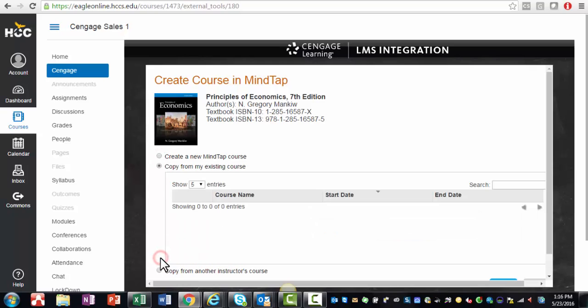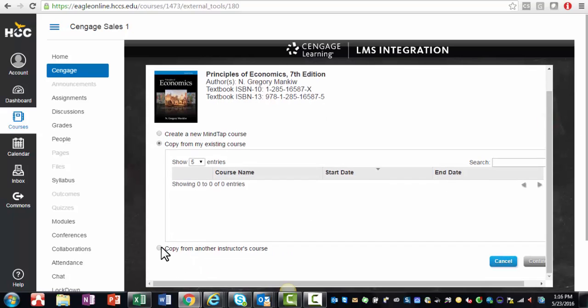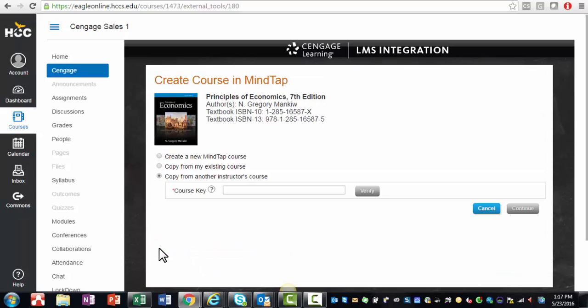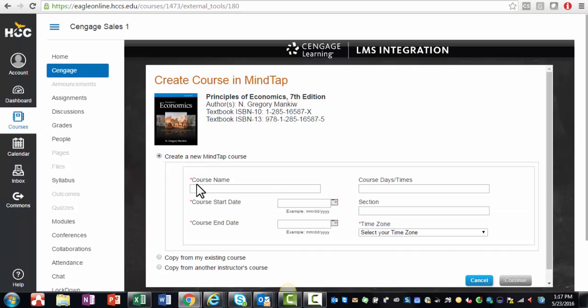If you've used MindTap or Aplia in the past and you want to copy that same course, you would copy from one of your existing courses. If you have a colleague who set up a course and has already made modifications to it, and you wanted to use their course, then they would need to provide you with a course key, and you would use that in order to make a copy of their course. For today's purposes, I'm just going to say create a new course, and I'll call this my